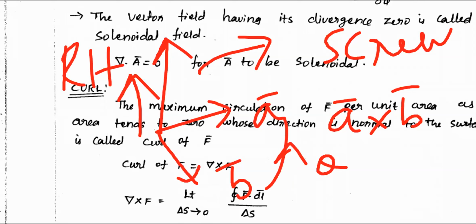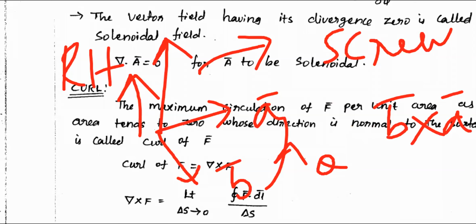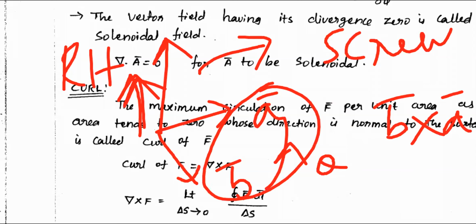So in those cases, you have to calculate B cross A, not A cross B. Then finally your result will be like this. Now in this case, you have two vectors. Somehow you are rotating, physically moving with your hand. Then the result is in this direction.